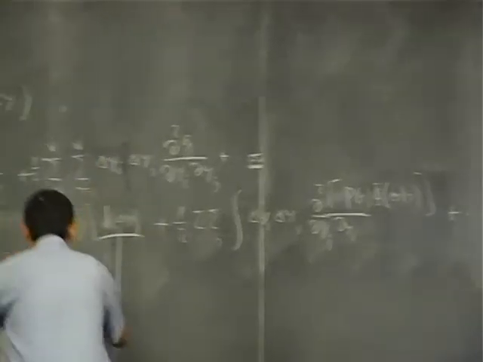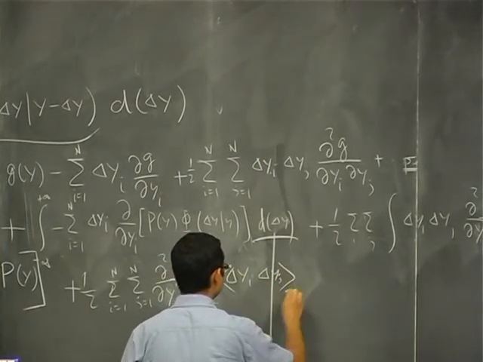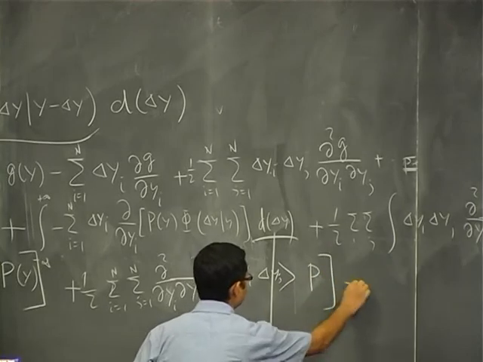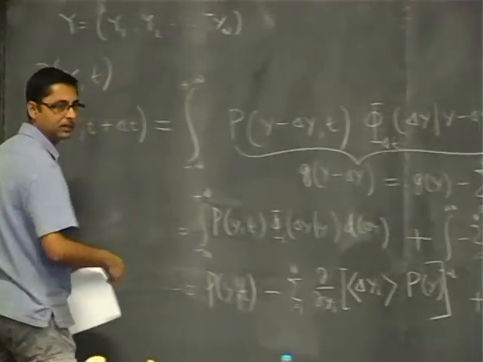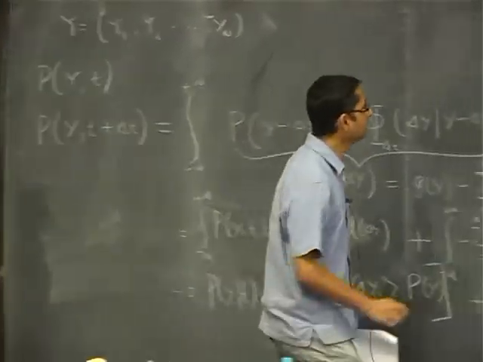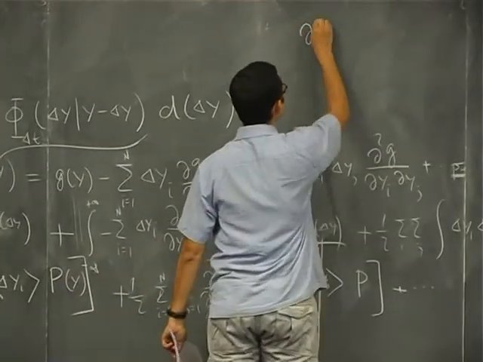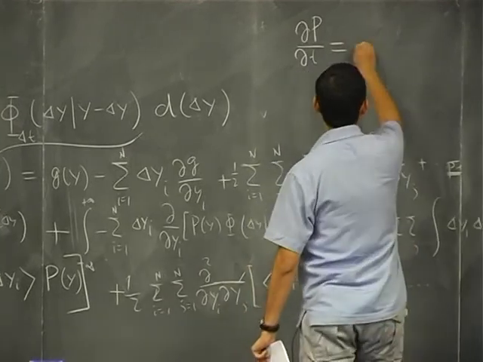So that gives me delta yi delta yj and then p, plus higher order terms. And now I can take this thing that side and divide it by delta t, take the limit delta t going to 0. So what is the equation I get? So I get this equation, del p del t is equal to minus